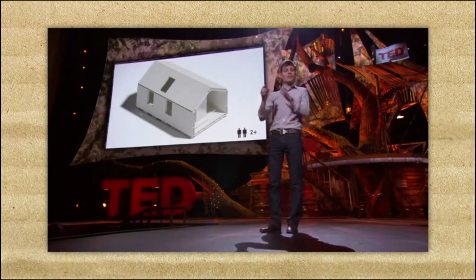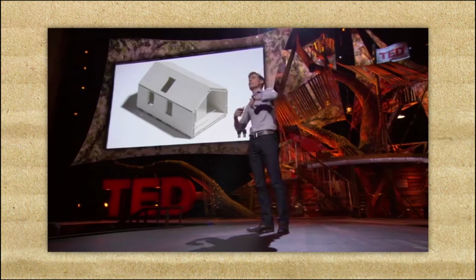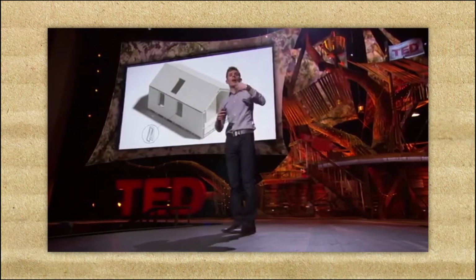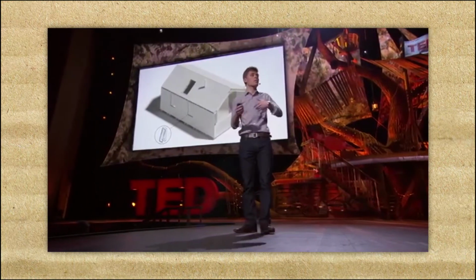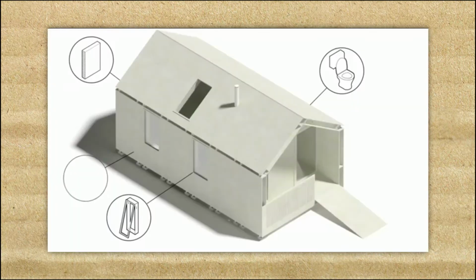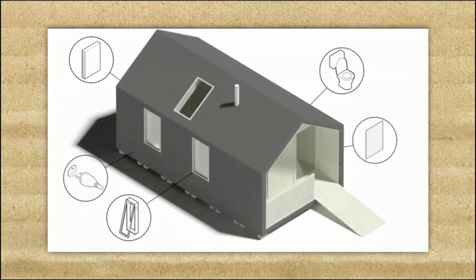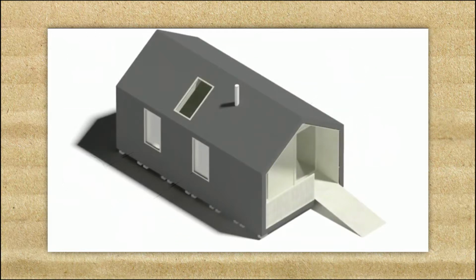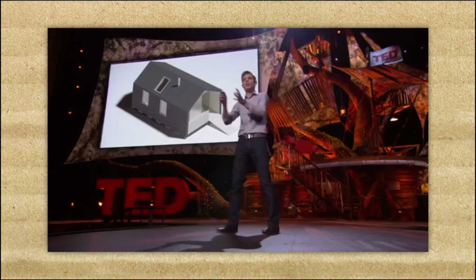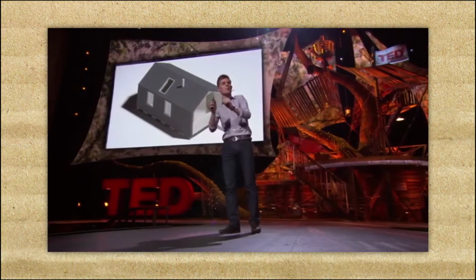And what you end up with is just the basic chassis of a house, onto which you can then apply systems like windows and cladding and insulation and services based on what's cheap and what's available. Of course, the house is never finished. The house is not a finished product. With the CNC machine, you can make new parts for it over its life, or even use it to make the house next door. So we can begin to see the seed of a completely open source, citizen-led urban development